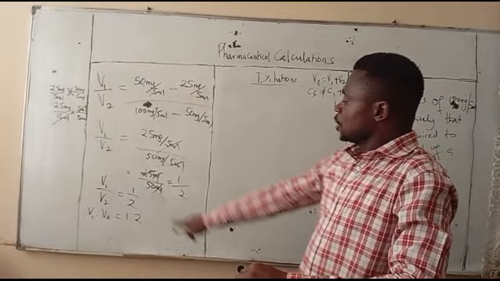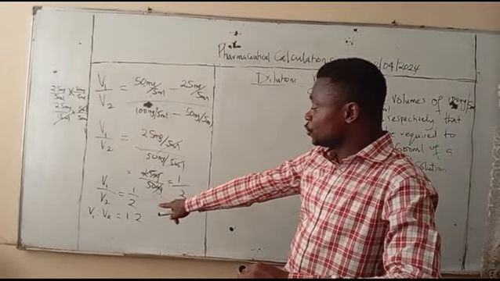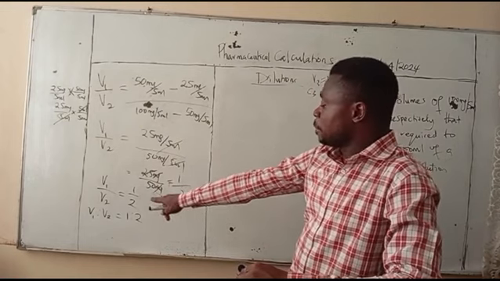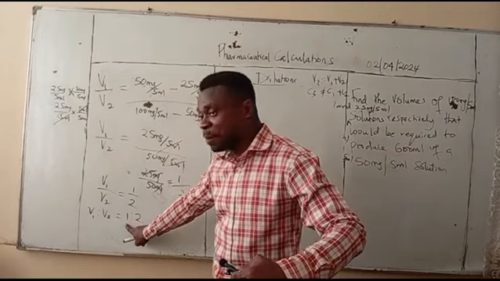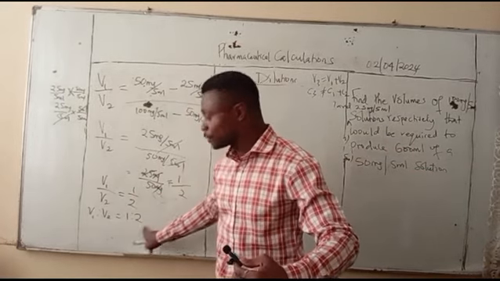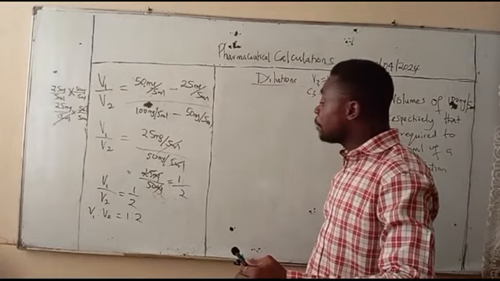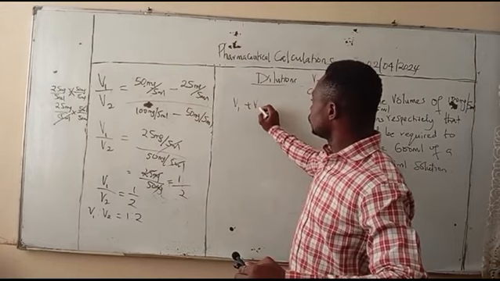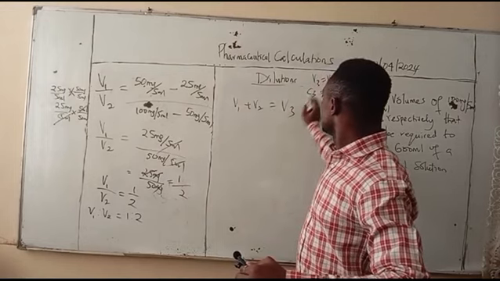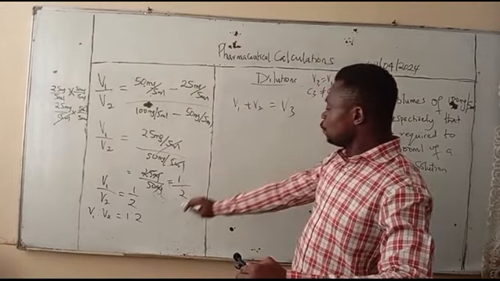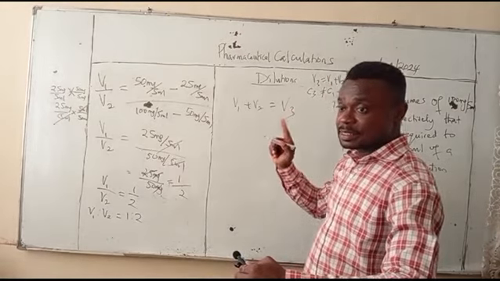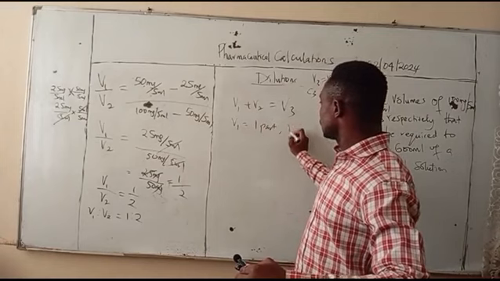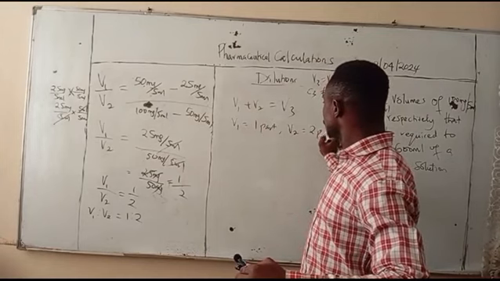Now look up. This means V1 is to V2 as 1 is to 2, which means that 1 part is for V1, 2 parts is for V2. So total parts in all is what? Remember that V1 plus V2 is equal to what? Since V1 is 1 part and V2 is 2 parts,